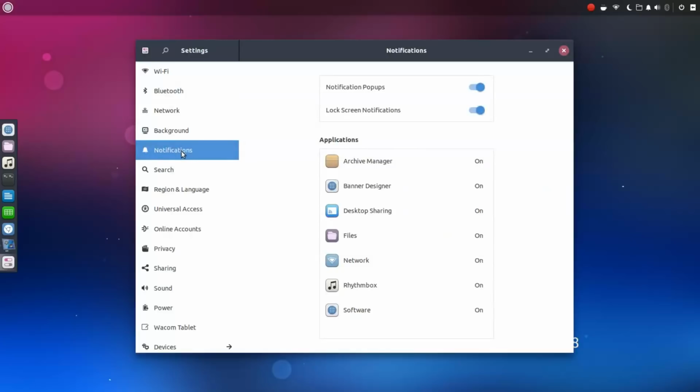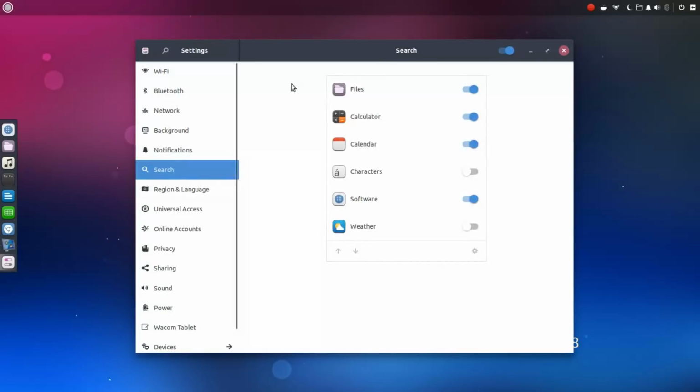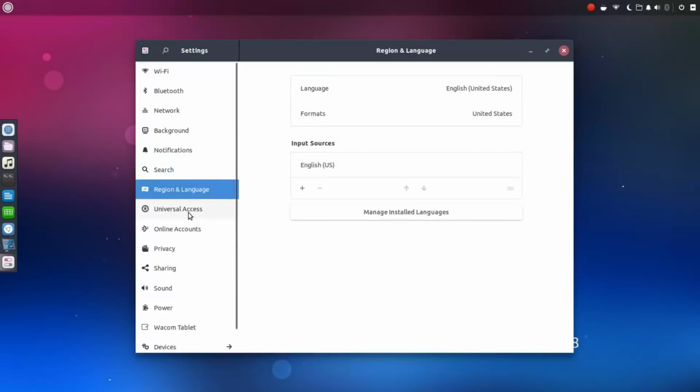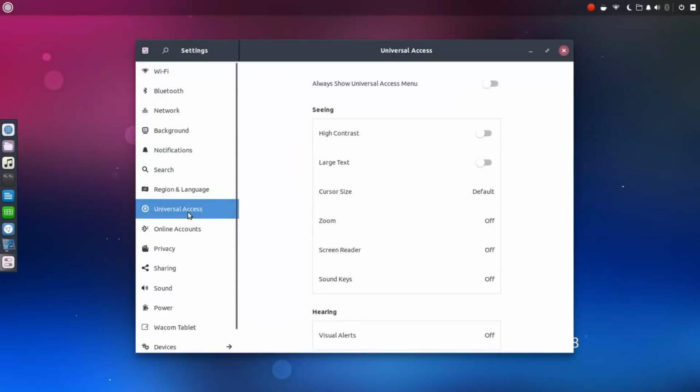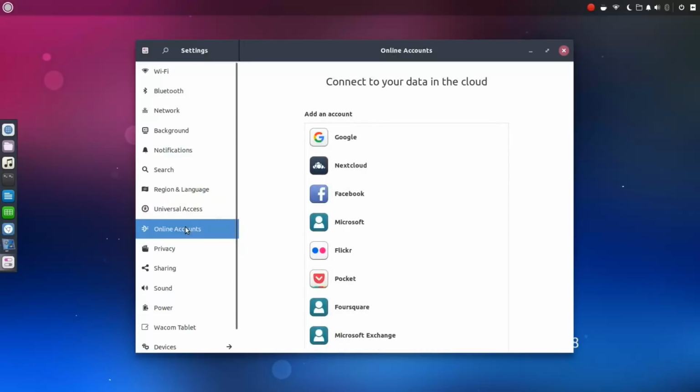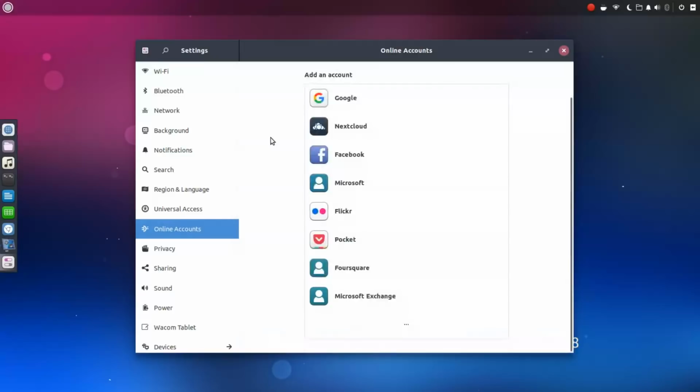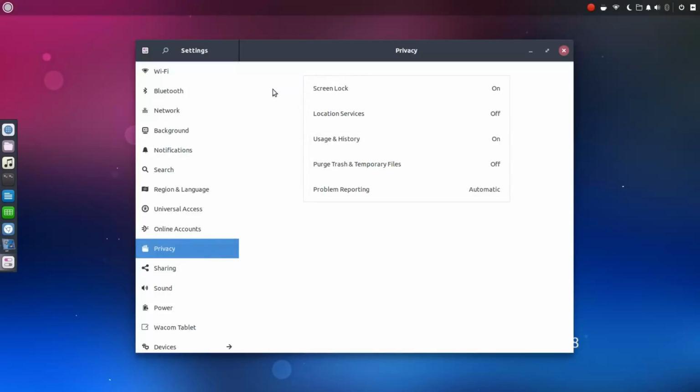You can control your notifications for your different applications. You could set up searching. Here we've got files and choose what to search. Your region and language. Universal access. So if you have impairments, you could set up larger text and high contrast. Online accounts. So here you could set up your Google account or even your Microsoft Exchange account. Your privacy settings,